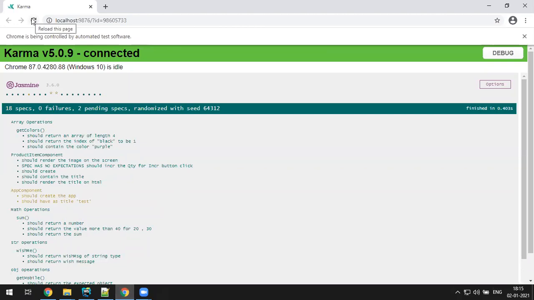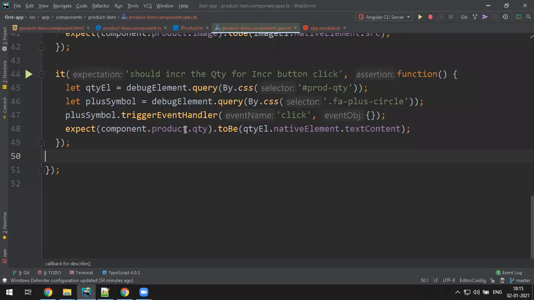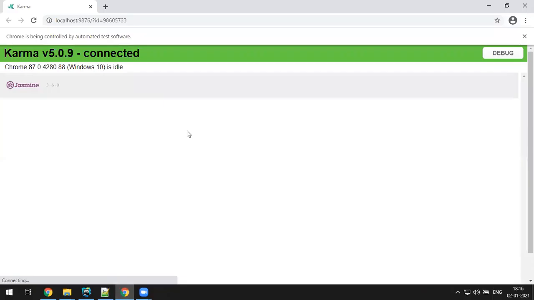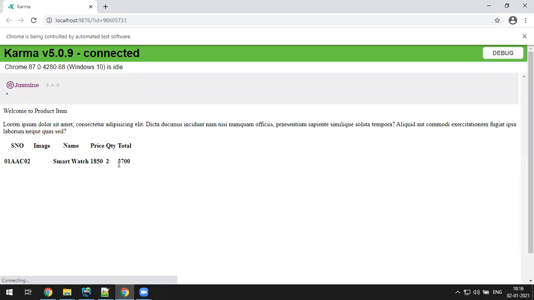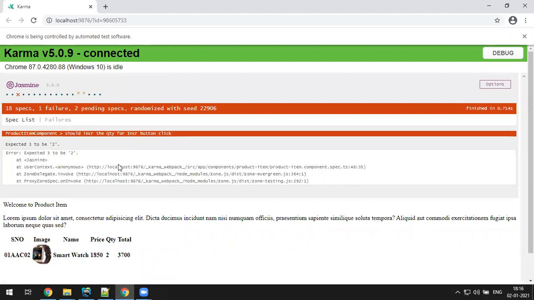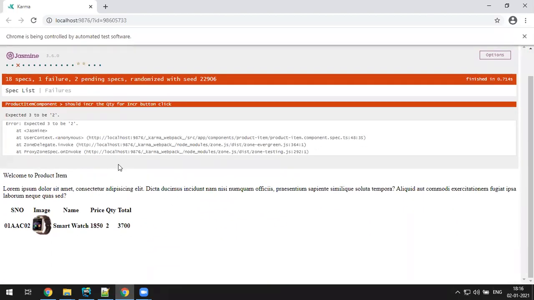Now save it. Go check this browser. I think it's supposed to refresh. Yeah, it's getting refreshed. You got a failure. Why? 3 to be 2. When I click on that, it'll become 3, but it's expecting 2.